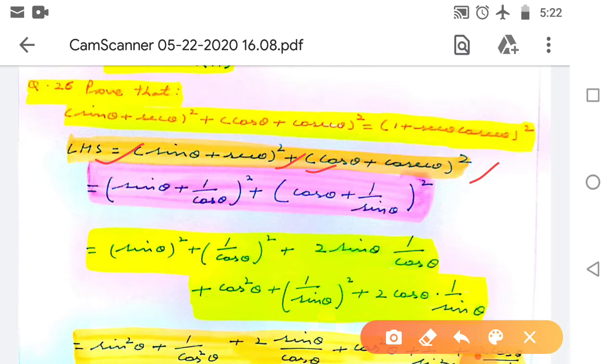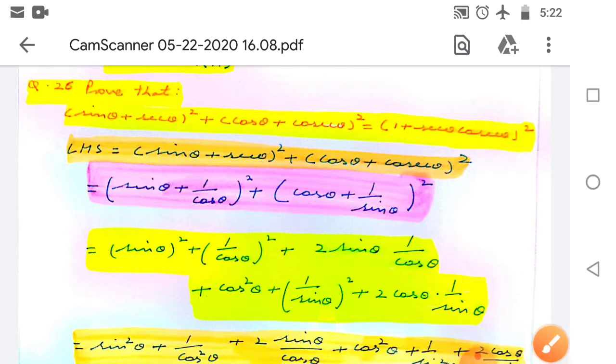Now, again in this question we are not able to apply any trigonometry identity directly. Okay. So, we have one option, that is convert these trigonometry ratios into sin theta or cos theta if possible. So, this is sin theta, no need to do anything, and this is sec theta. Instead of writing sec theta, you write 1 upon cos theta. Clear? Now, this is cos theta, nothing to change, and this is cosec theta, we write 1 upon sin theta. Clear?